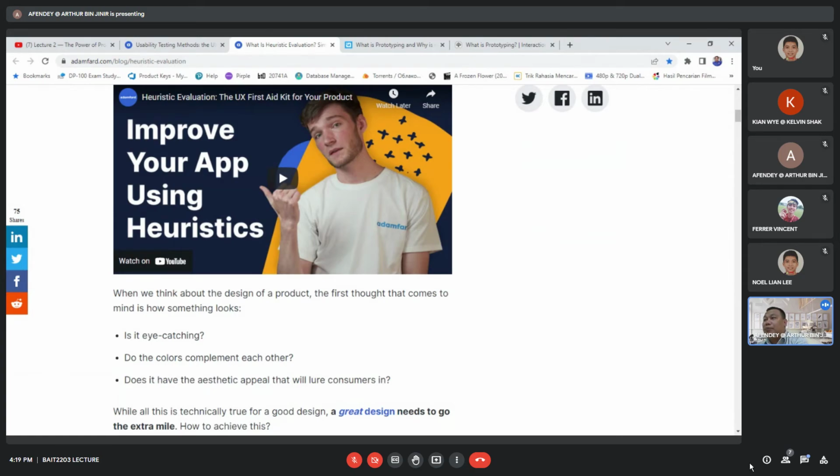What happened to the design, what happened to the sketch, how to improve the sketch, how to improve maybe the content of the prototype. This is actually the heuristic evaluation. It's the process to evaluate the prototype. And so